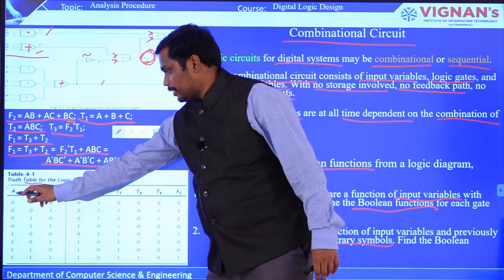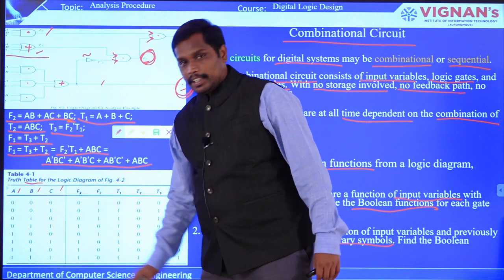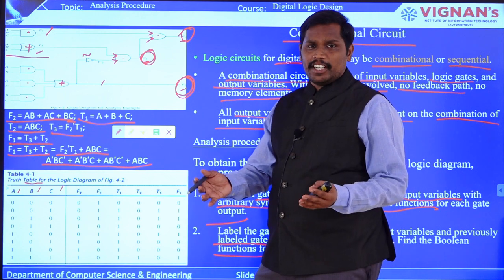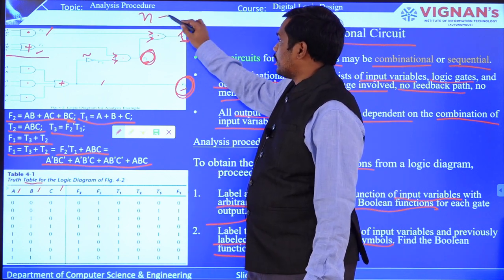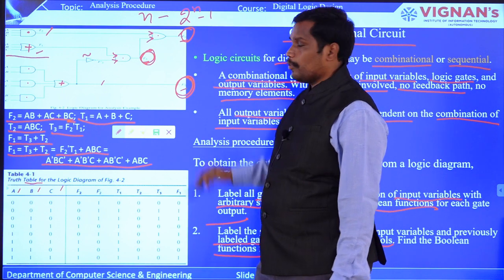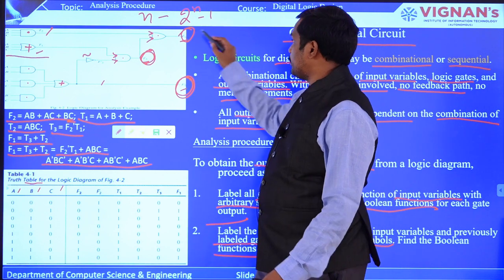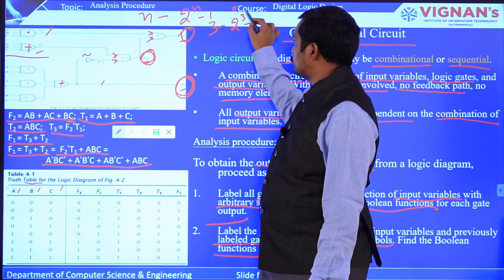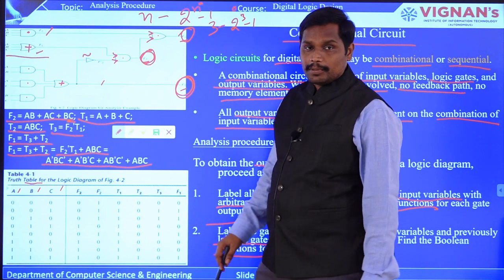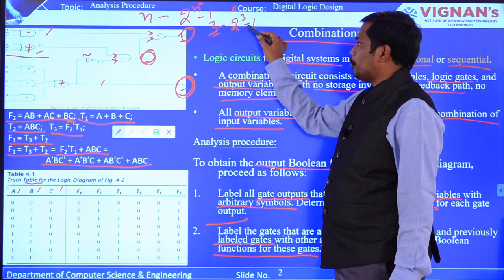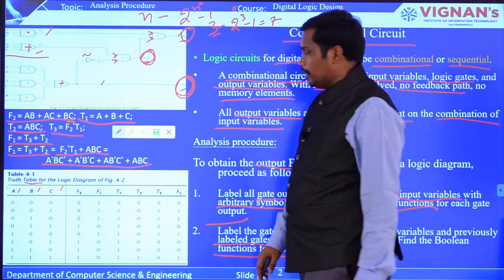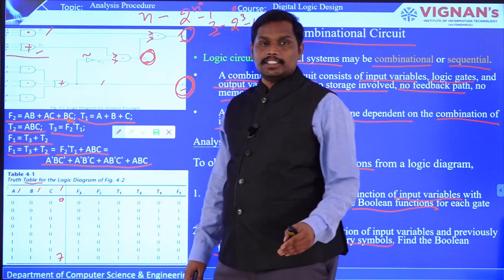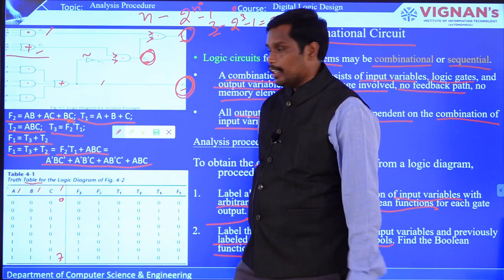You can see that these are the 3 inputs A, B, C with all possibilities, that is 0 to 2 power n minus 1 if n variables are there. This is the formula that we generally use. If n variables are there, then there are 2 power n possible binary combinations, from 0 to 2 power n minus 1. For example, with 3 inputs it is 2 power 3, so 0 to 7. So all the binary representations have been extracted from the 3 input variables.